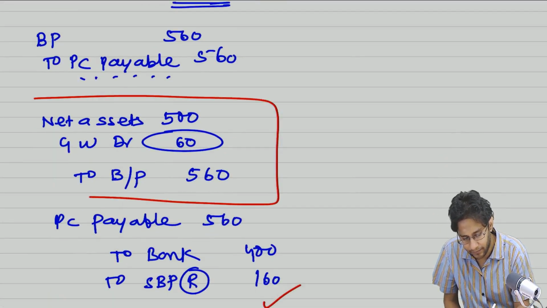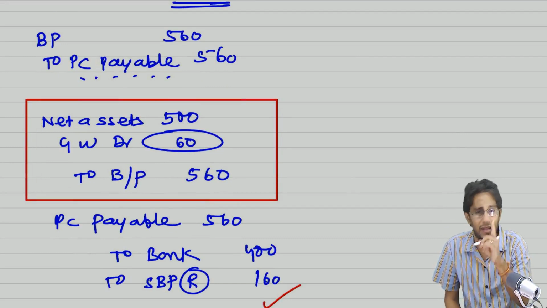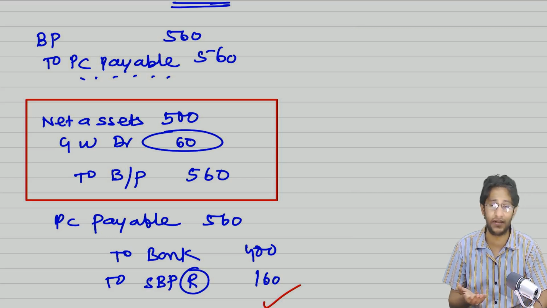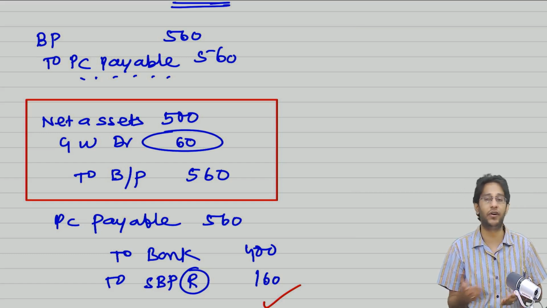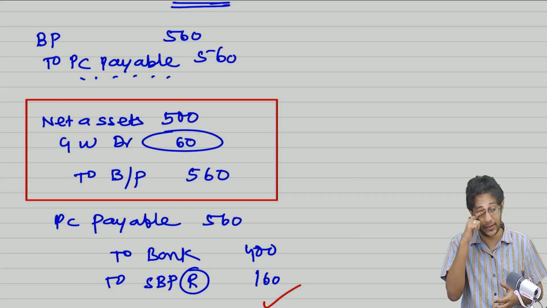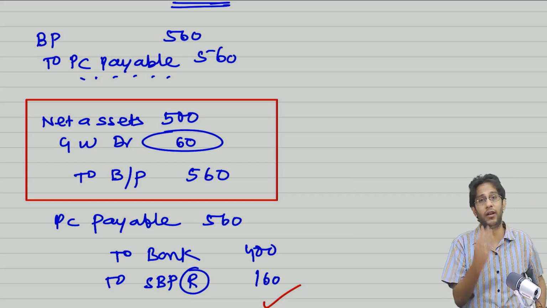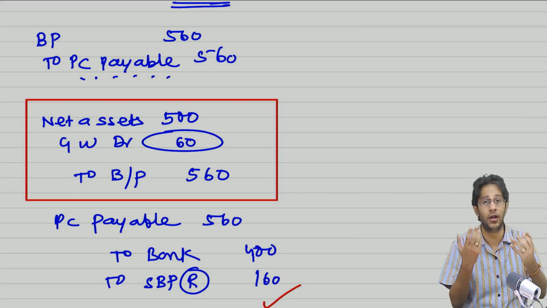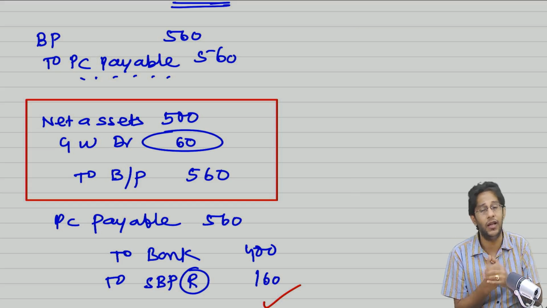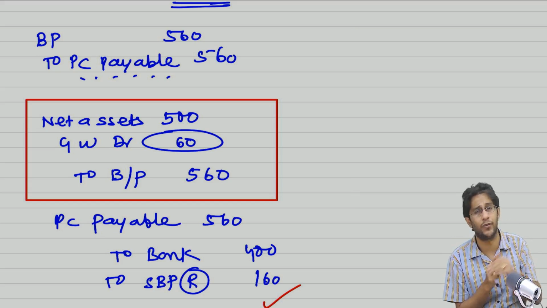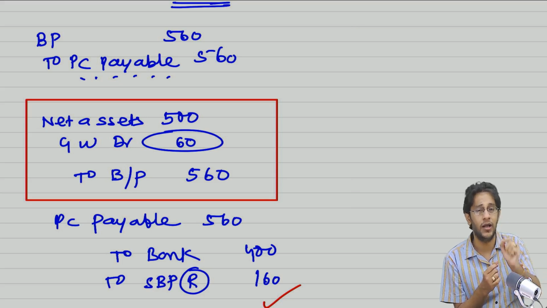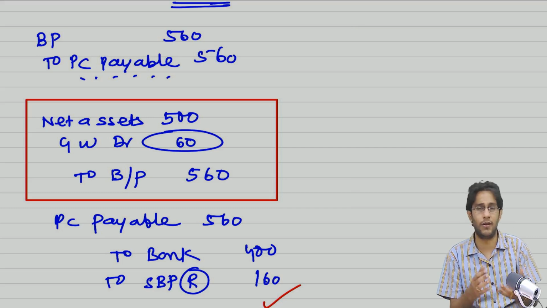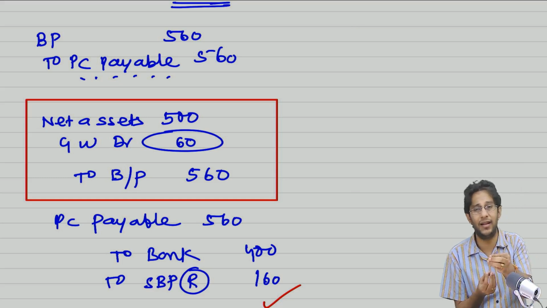Sir, when you write this entry, you will record every asset, every liability that can be identified. In fact, we have seen in the exceptions also, we went to the extent of making exceptions. We started recognizing some indemnification assets. We started recognizing some intangible assets which are not recognized by the selling company in their books. We even recognized in-process research work, which does not even qualify the definition of asset. Why did we do all that? Because if we identify every asset, every liability possible, then only will you be able to measure the correct amount of goodwill. And goodwill cannot be identified. That's why we try to measure everything and then get the amount of goodwill.